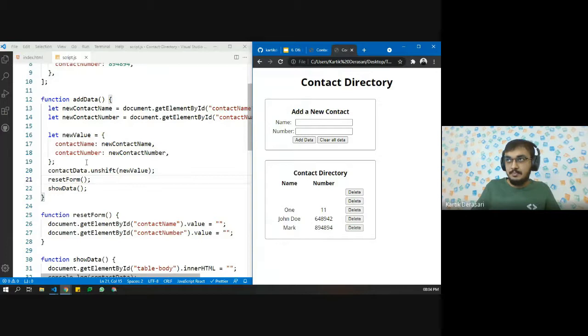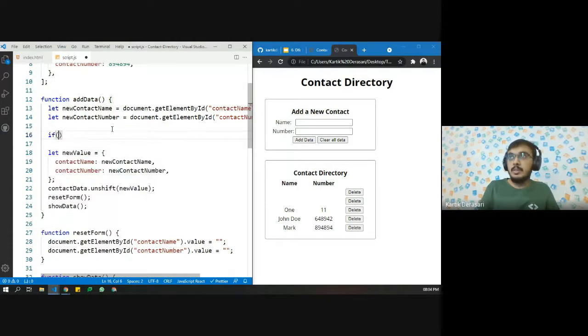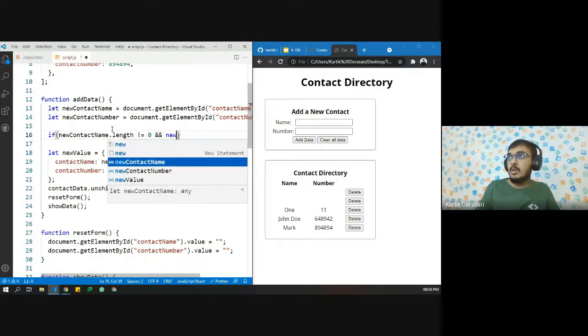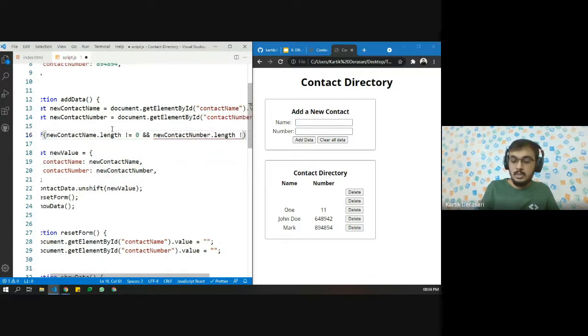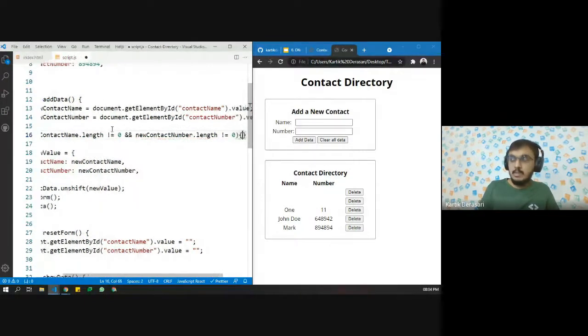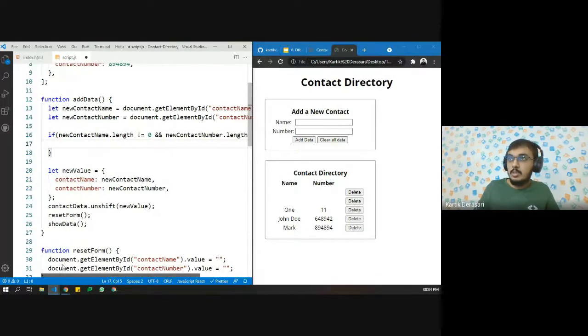Let us say that if new contact name dot length is not equal to 0, and new contact number dot length is not equal to 0, then and only then we want to perform all these functions.